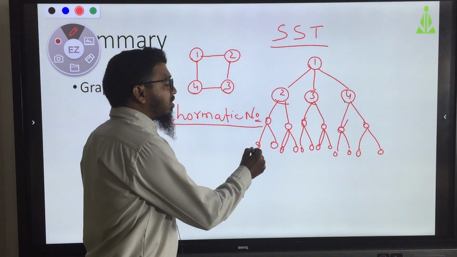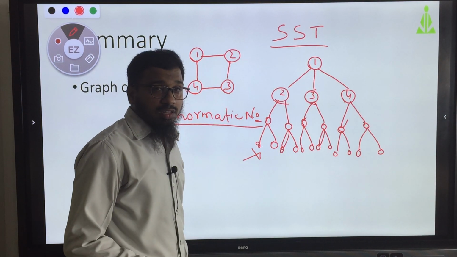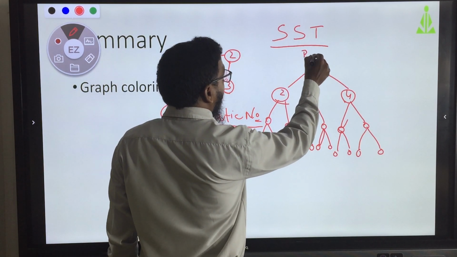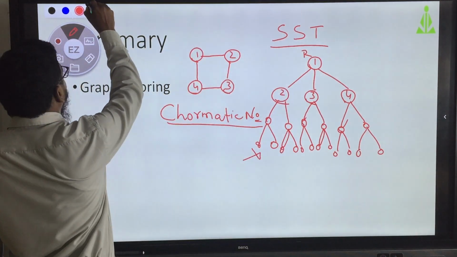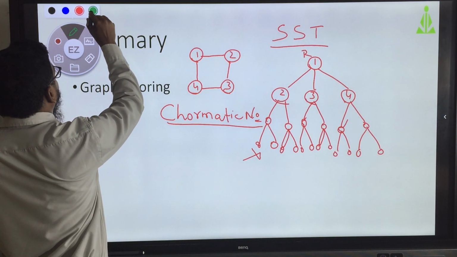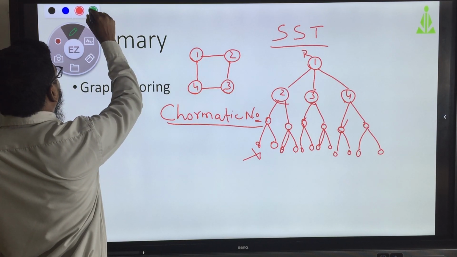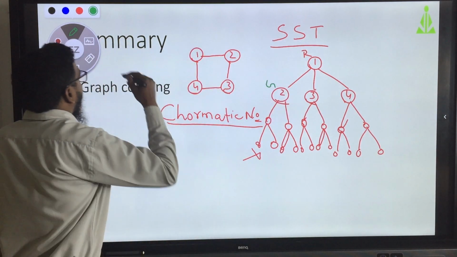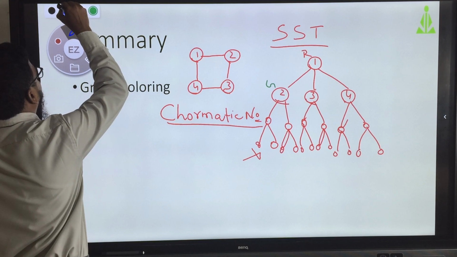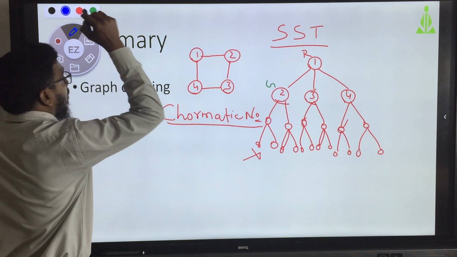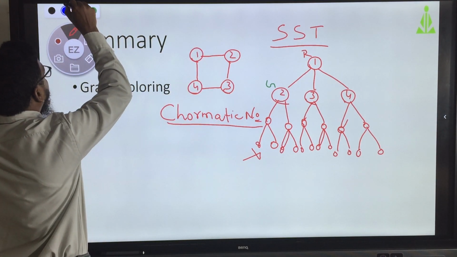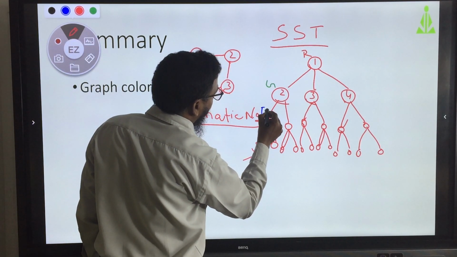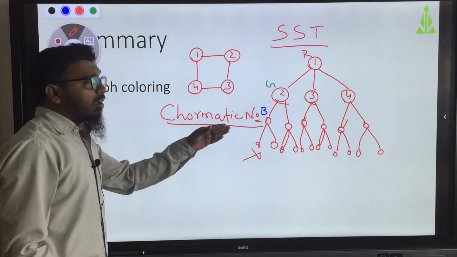Whichever is not satisfying, we close that color, because if we give the color red here and here I give green, then the next I can give red color or blue color.